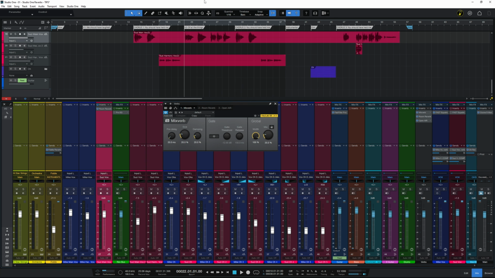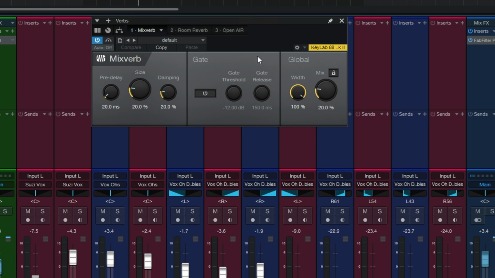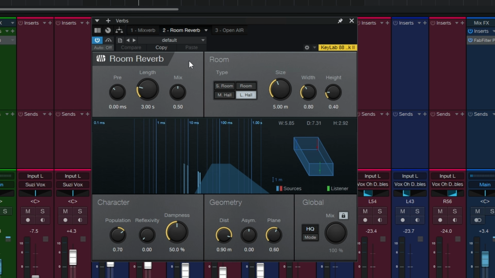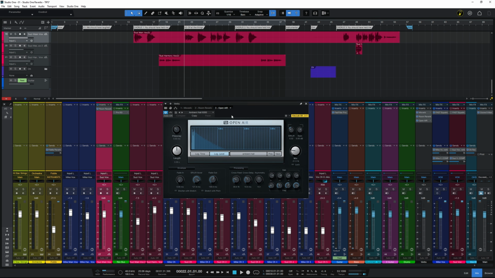There's actually 3 reverb plugins included with Studio One. This one, which is called Mixverb, another one called Room Reverb, and possibly my favorite actually, OpenAIR. We'll discuss the differences between these 3 during this video. But first of all, I just want to have a quick chat about the different ways they can be implemented